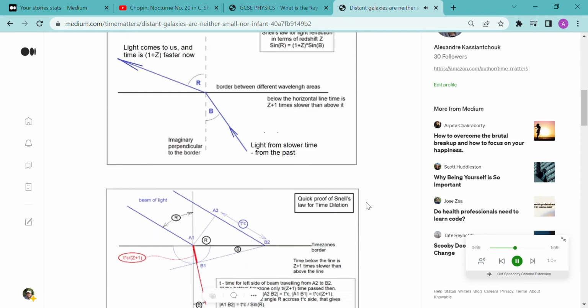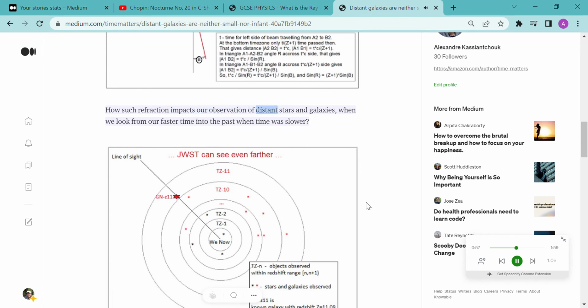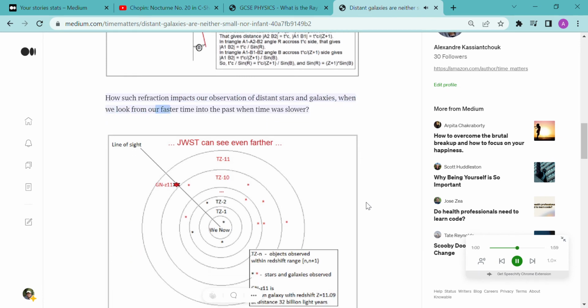How such refraction impacts our observation of distant stars and galaxies, when we look from our faster time into the past when time was slower. Because line of sight